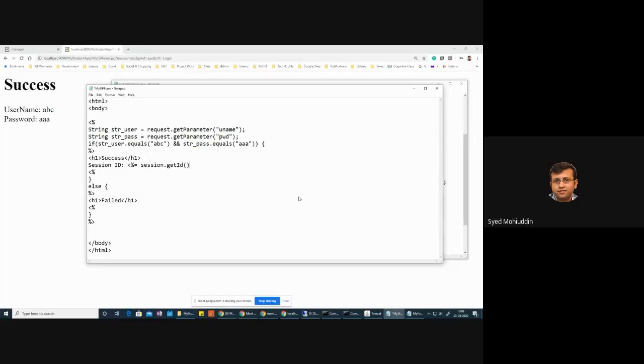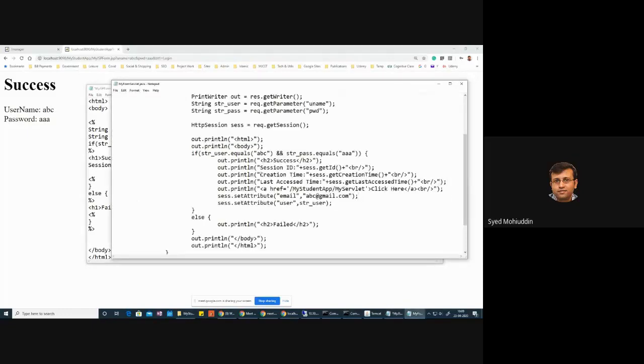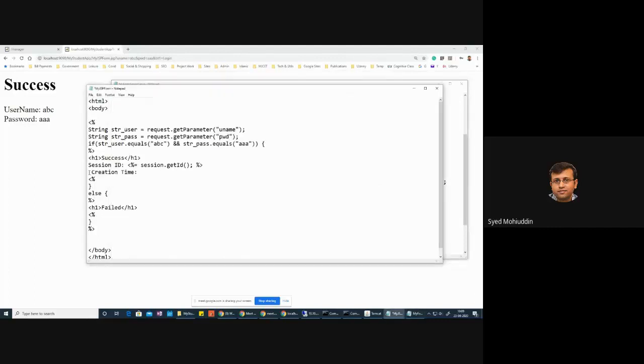Session dot same method works, and then let me close this with the angle bracket. Now what was the next thing? Next thing was creation time. So here, creation time